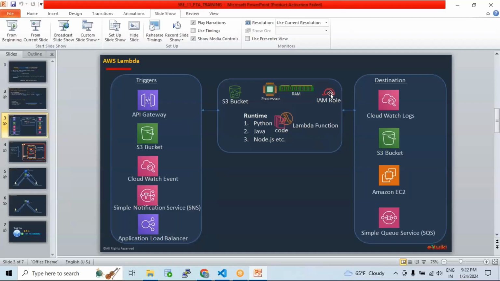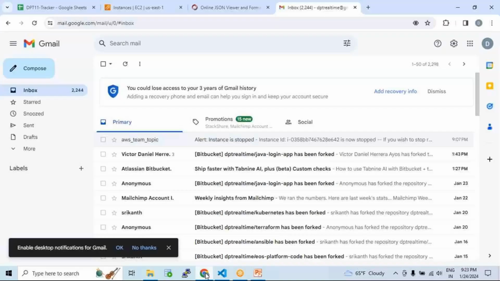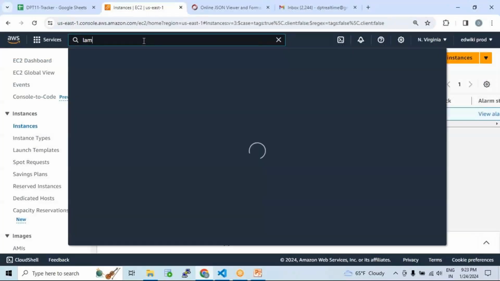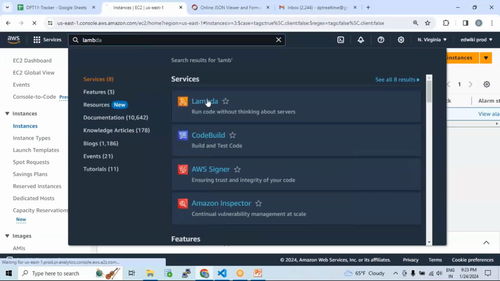So we need to create an IAM role, give access to the respective services that we expect the Lambda to interact with, then attach the IAM role to the Lambda. Then Lambda will gain the permission and the whole thing will work out. So being said that, now if I go to the Lambda,